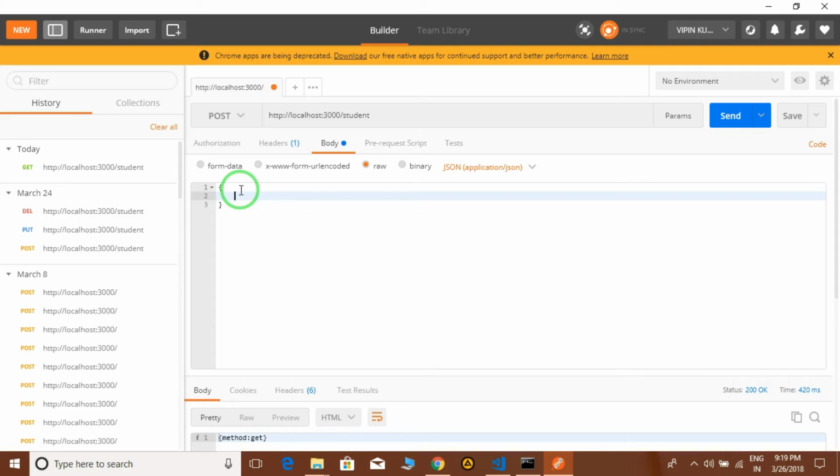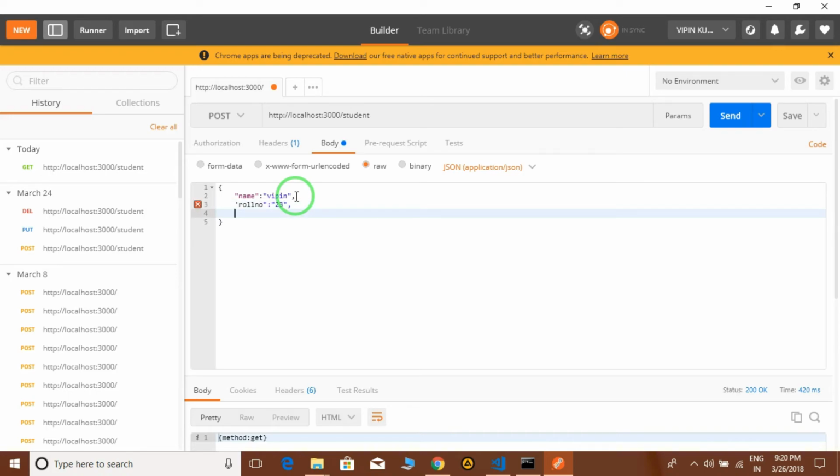So what data do we want to send? We want to send the name of the student, suppose my name Vipin, and we should have a roll number. Suppose roll number is 24.